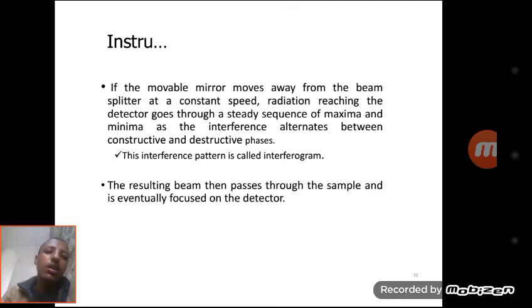The light that comes back from the moving mirror and the fixed mirror recombines in the beam splitter, and these wavelengths are in alternating maxima and minima, either destructively or constructively. This is called the interferogram, and the resulting beam passes through the sample and